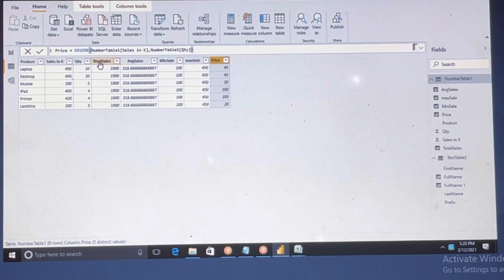So the meaning: sum, average, min, max are all calculated based on the column level, but divide will calculate based on the row level, because this one is 450 by 10, so 45 it is getting. Okay, this is how we will use the number functions, depending on the situations. I think all of it is clear for this one. Both are clear, or how is it? Okay, let me go back to the view.